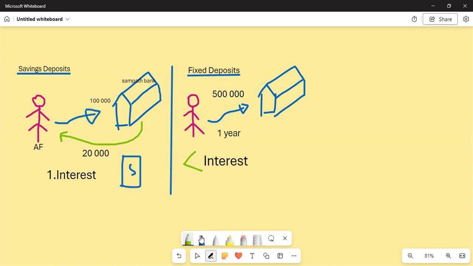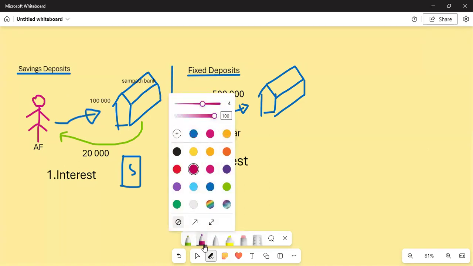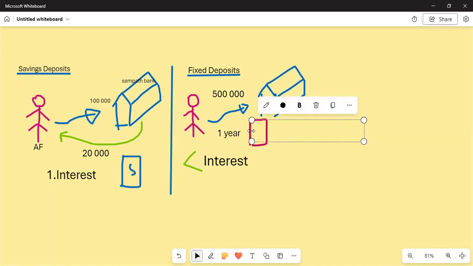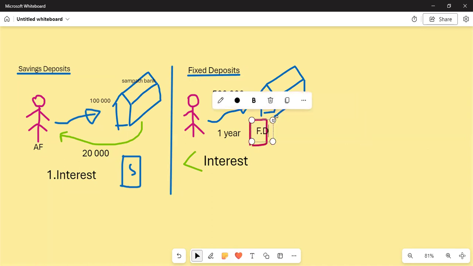Am I clear? And also, if you are depositing in a fixed deposit, they are giving a nice certificate. That is what you call the FD certificate. Later you all will learn these things. There's something called an FD certificate, fixed deposit certificate, and it is really worth it. Why is that? Because this certificate says that I, Abdullah Faslin, have gone and deposited this much amount of money in this bank. Therefore, I can use this when I'm getting some loans.